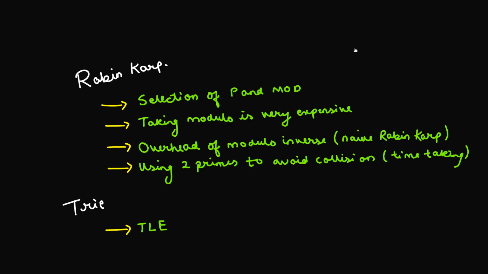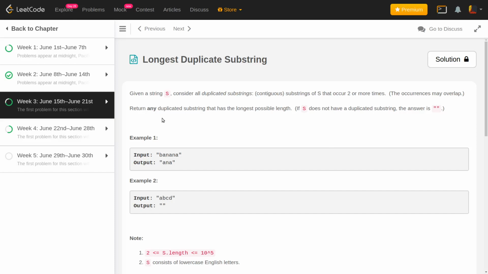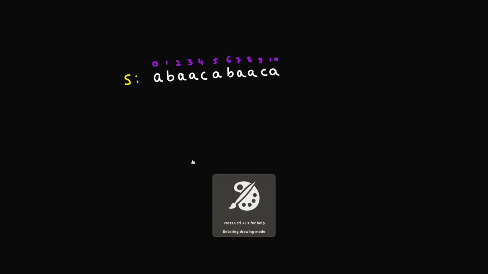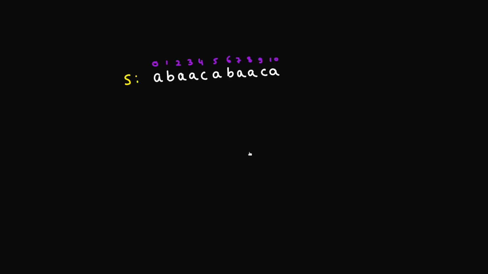Okay, so without further ado, let's jump to the code section, and we'll see how we'll be implementing the solution of this particular problem. What I've done here is written down the steps for you, so you can follow these steps and try to implement the code on your own. What I'll be demonstrating next is, first, how you can modify the Rabin-Karp algorithm in order to handle that modular division thing. Second, how you actually implement a solution where you don't have to take any modulo. For that, let's again consider the string that we had before, and let's see what a naive Rabin-Karp algorithm looks like.